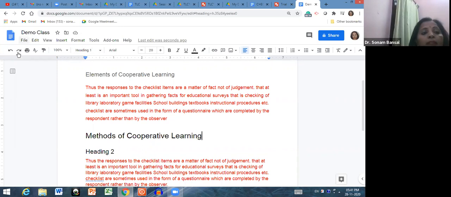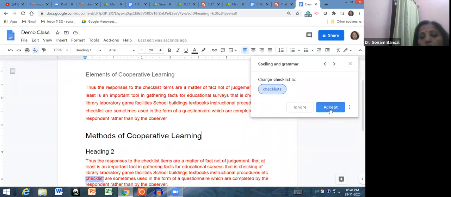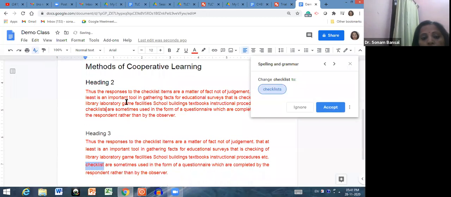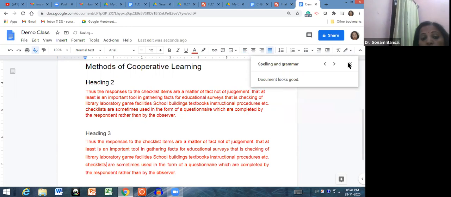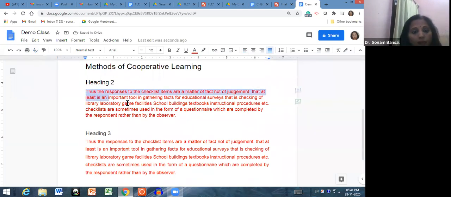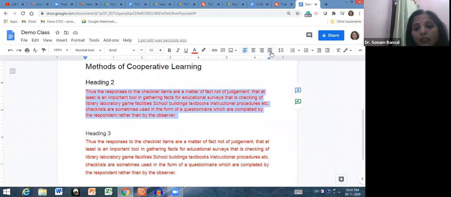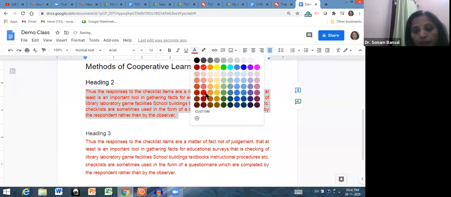See, this is the undo, means you want to undo the last change, or you can do Control Z also, and you can do the redo. And this is the print option, means if you want to print, then you have to click here. And this is the spelling and grammatical error check. If you click here and accept this spelling and grammar suggestion, the spelling that was wrong was automatically corrected by this feature. So this is a very beautiful feature of the Google Doc, means the mistakes that you have made grammatically are automatically corrected by this Google Doc.